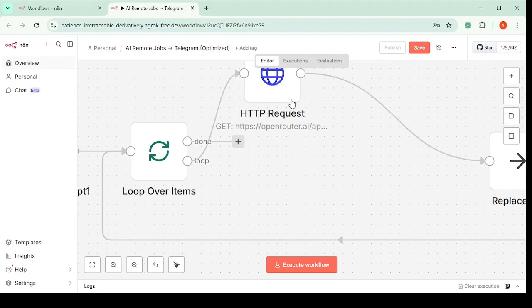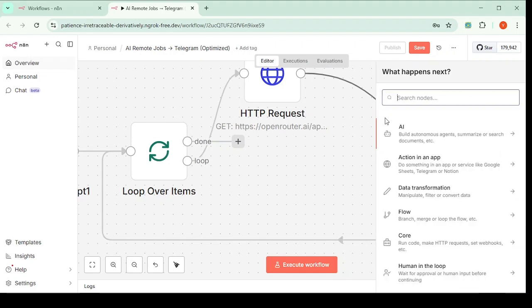Now we have to merge that AI summary. Listen to this, make sure you get this. We have to merge that AI summary with what we are getting, like link, like title. We still need those. You understand? Okay, so we are going to click on this plus here. You can see this here. We're going to click on this plus here,